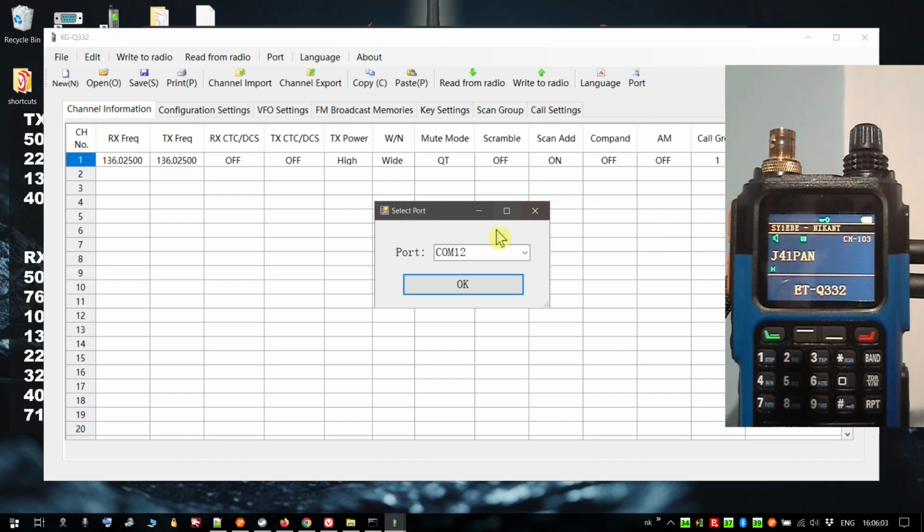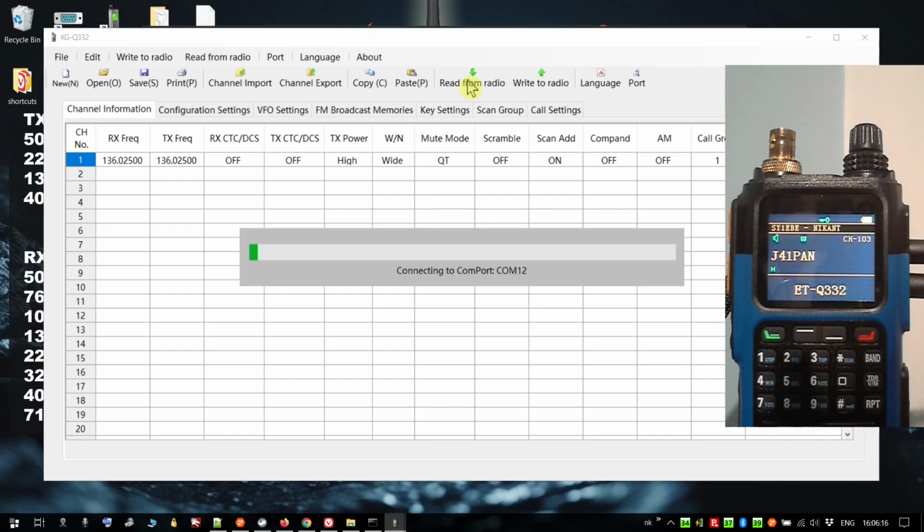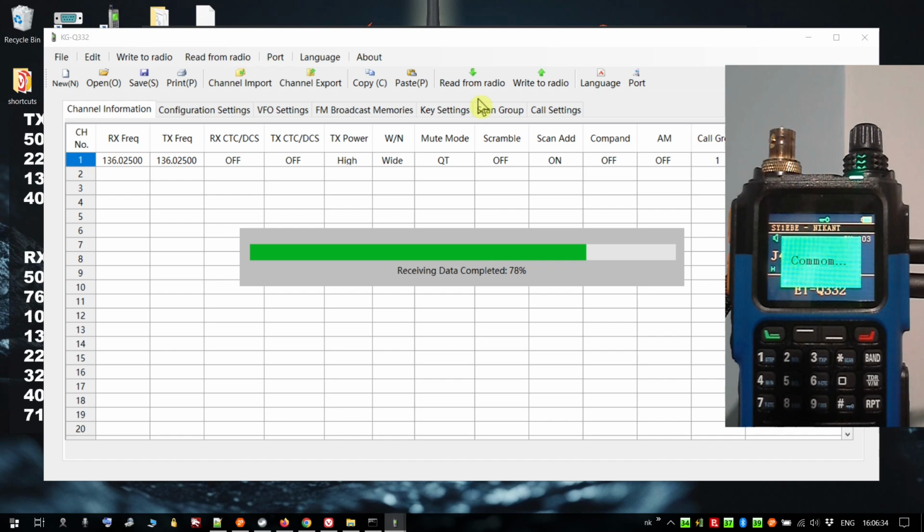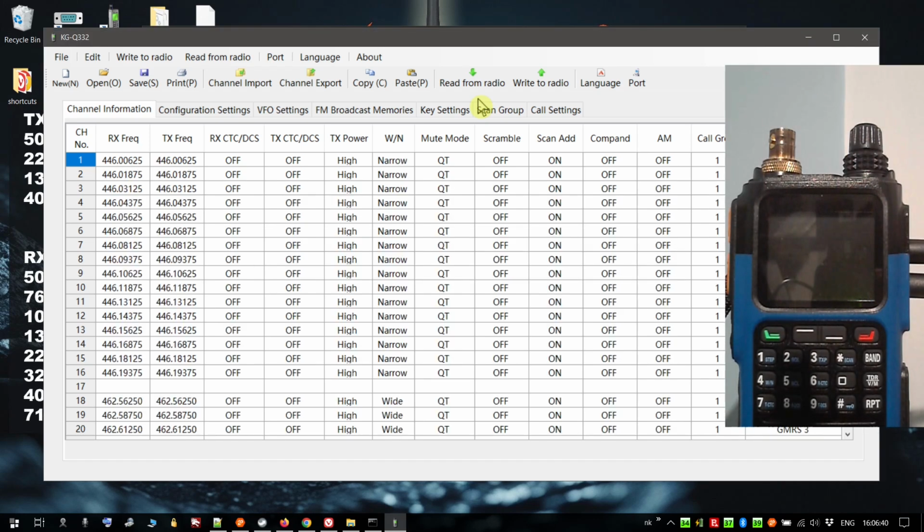You will start by selecting the port if it's not selected, but better make sure before you start. And you can save the original configuration by clicking read from the radio. Now I have already passed some channels in the radio, so this is not the original configuration that the radio had, but we'll just see how the CPS works. As you can see, the radio is connected. It writes com or communicating. The translation is not very good as usual. It reboots and the memories are downloaded in my PC. Okay, I have already passed, as I told you, memories. Here are PMR channels and the GMRS, just for demo.